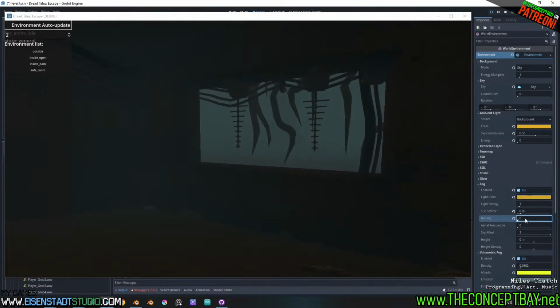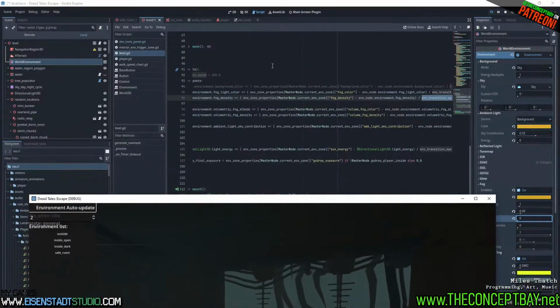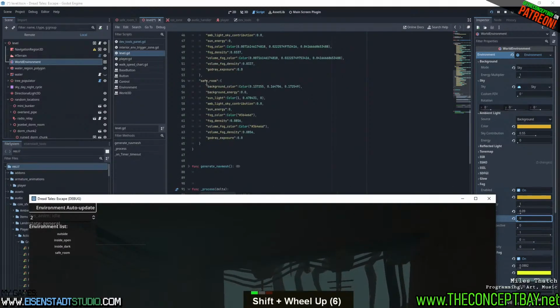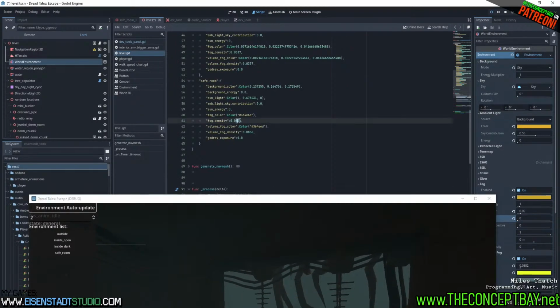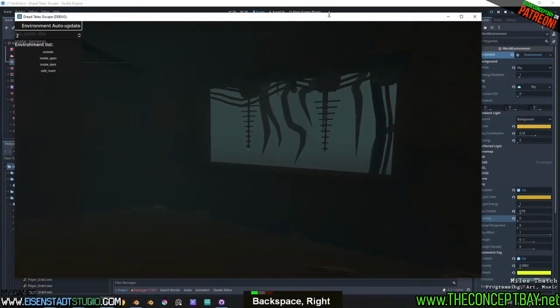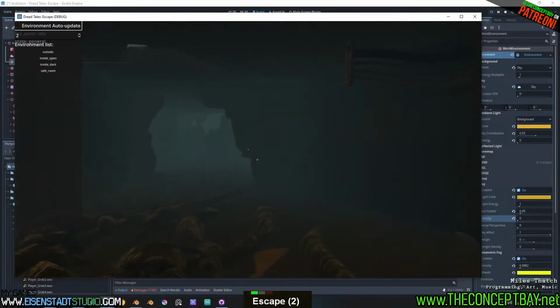I think regular fog is definitely going to go to 0. Safe room, so fog density is going to be 0. But volumetric fog,